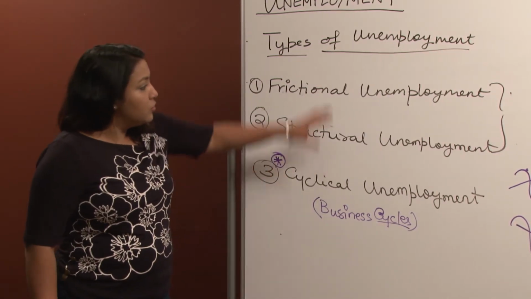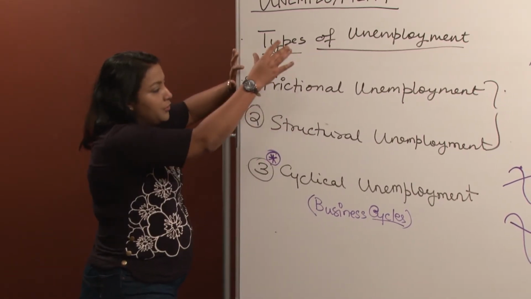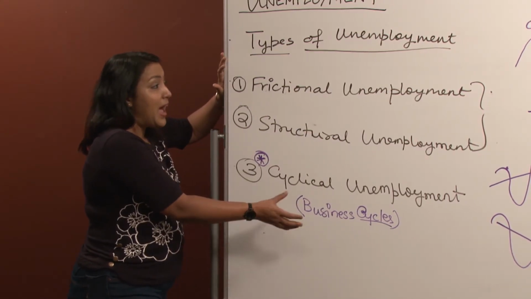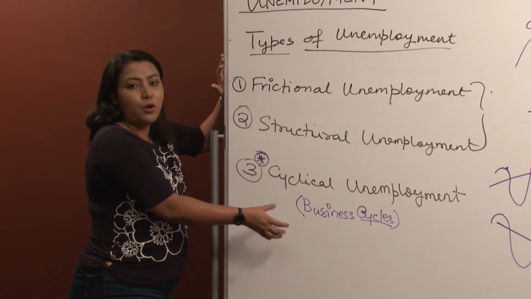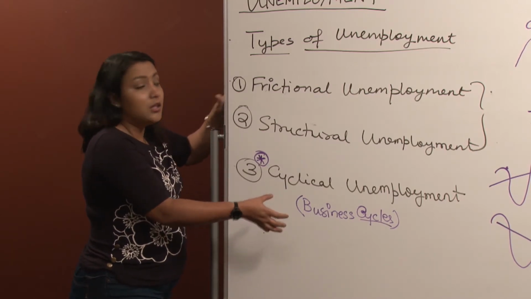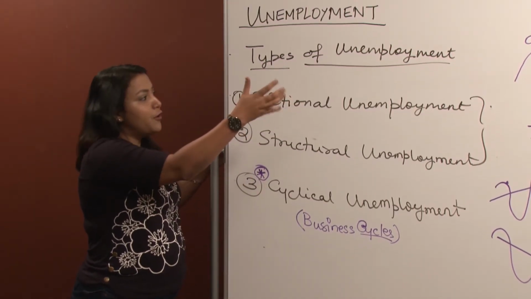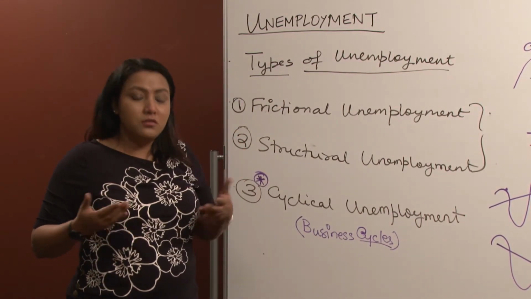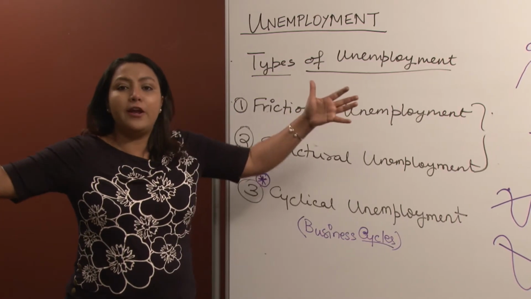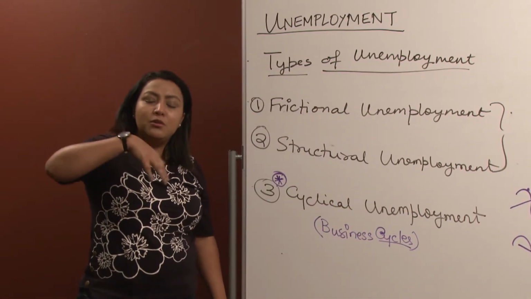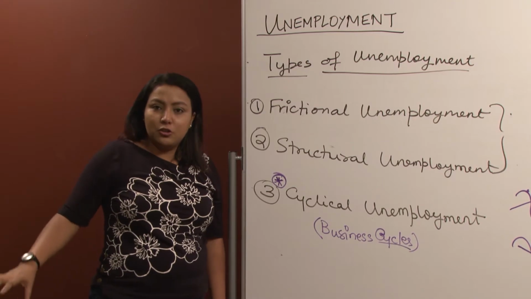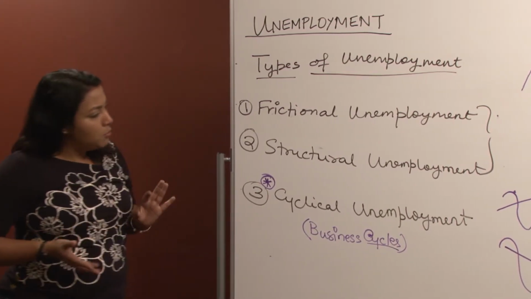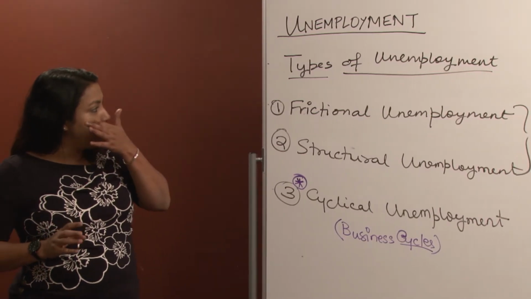Okay. So these business cycles, especially the recessionary stage, are what is responsible for cyclical unemployment, and that is the one that is a serious cause of concern for any government. Now this is not just true for the USA, it's true for any other country, but it is more serious for the USA because I just told you that the USA is a very large economy, and whatever happens in the USA has larger repercussions, effects worldwide.